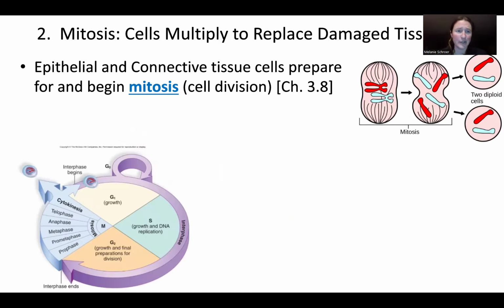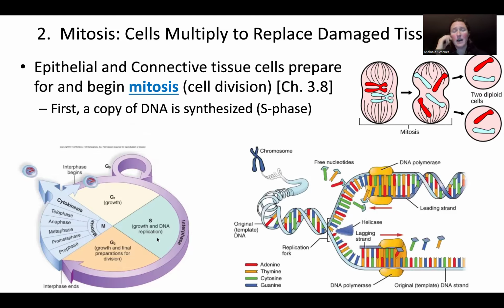And so just as a reminder, mitosis is the process of cell division. In this life cycle of a typical cell, so this might be an epithelial cell within our epidermis, those cells are normally just kind of living their life, right, doing their thing. But as soon as they receive that growth factor, that ligand signal that it's time to divide, they are going to begin what's called S phase. They're going to go from growth phase, normal everyday life, to S phase. And so S phase is the